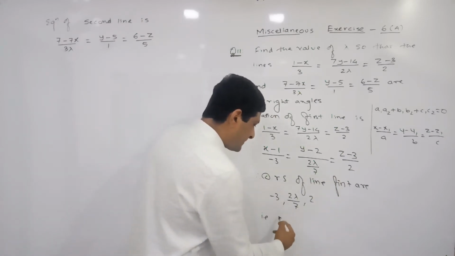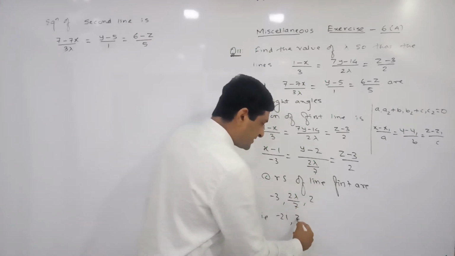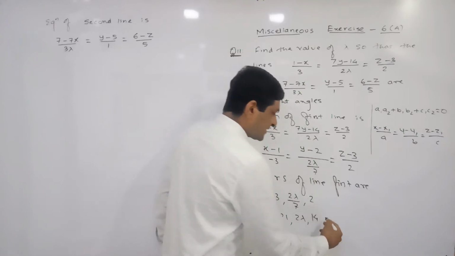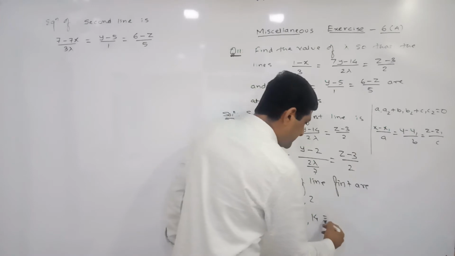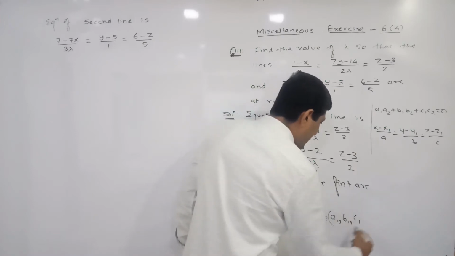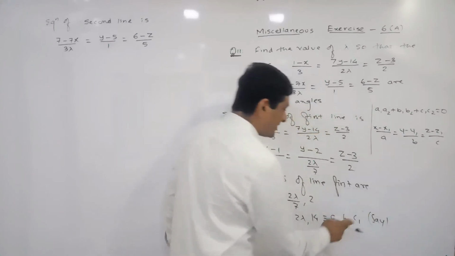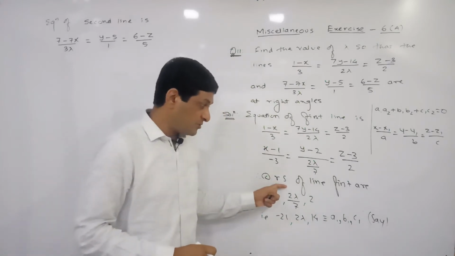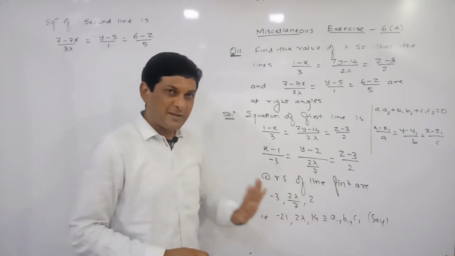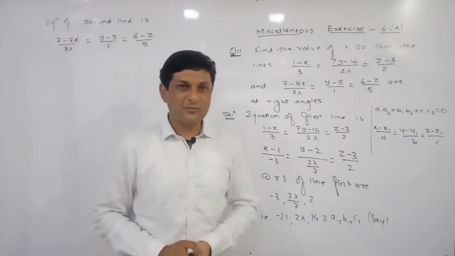If I am multiplying by 7, here we'll get 21. Multiplying by 7, the 7 gets cancelled, and the remaining term is 2 lambda. Multiplying by 7 here, we get 14. So let us denote these values by A1, B1, C1, and I am supposing that these A1, B1, C1 are nothing but the direction ratios of the first line. So the direction ratios of the first line are known to us. Simply we are multiplying by 7 here to eliminate the fractions, so that the calculation part becomes simple.